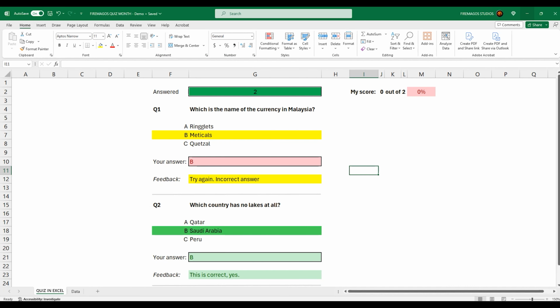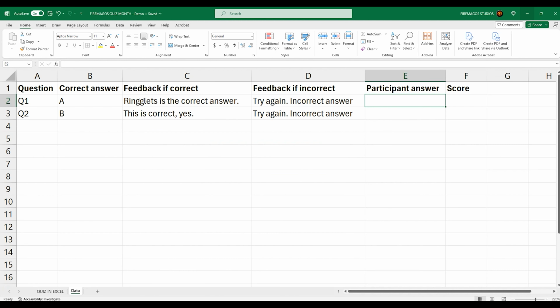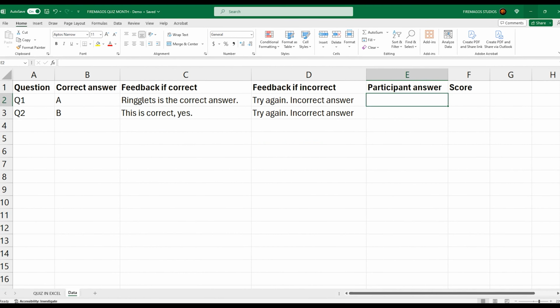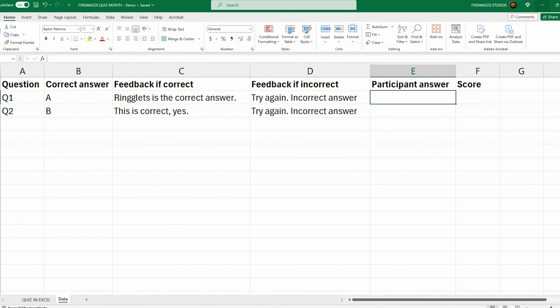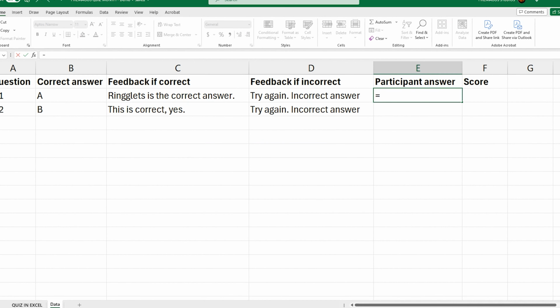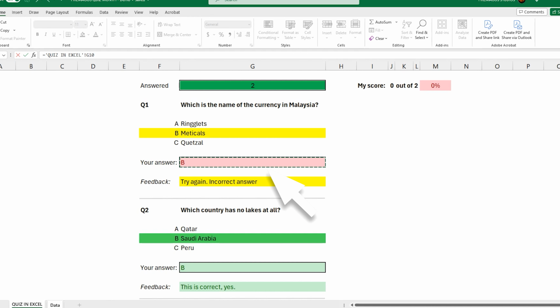And now for the score, what we need to do is first of all to get back to our data worksheet, and in the participant answer column, we can put an equal sign and then go to the cell where we have the answer and press enter.